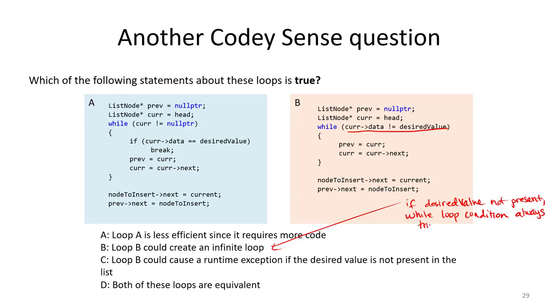So choice B is also true because we could create an infinite loop, but it turns out that choice C also happens to be